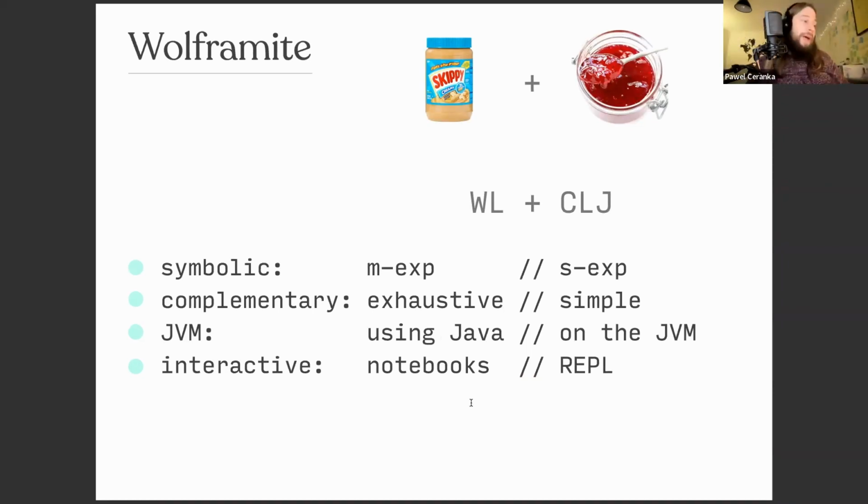And just circling back to the very beginning, I think this is cool for us as Clojurists, Clojurians. I think this works really well, peanut butter and jelly, because both languages are very close. Both languages can be called symbolic, maybe Wolfram language a little bit more, because we have more of a default convention about evaluation, what gets evaluated. But when you quote stuff, this is actually kind of the same thing. They have M expressions, we have S expressions, and on the other hand, I think it's a good match because they have a different approach, maybe to developing some stuff.